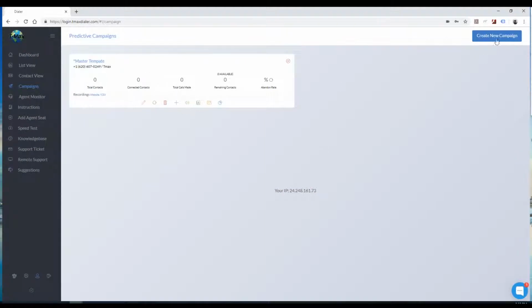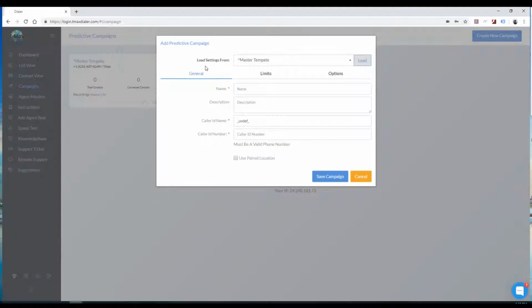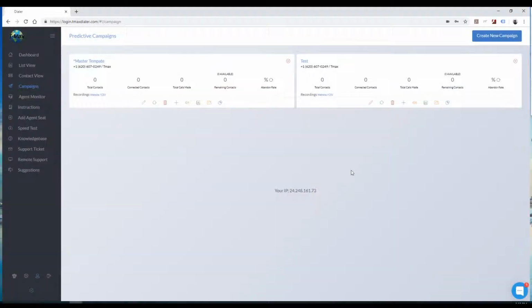Now we're going to create a new campaign to load our list into. So as you can see, all this is either blank or not filled out yet. If we just click Load, that loads in everything that we just went through on the master template. So now what we'll do is we'll just rename this. We're going to call it Test for right now, and then click Save Campaign,